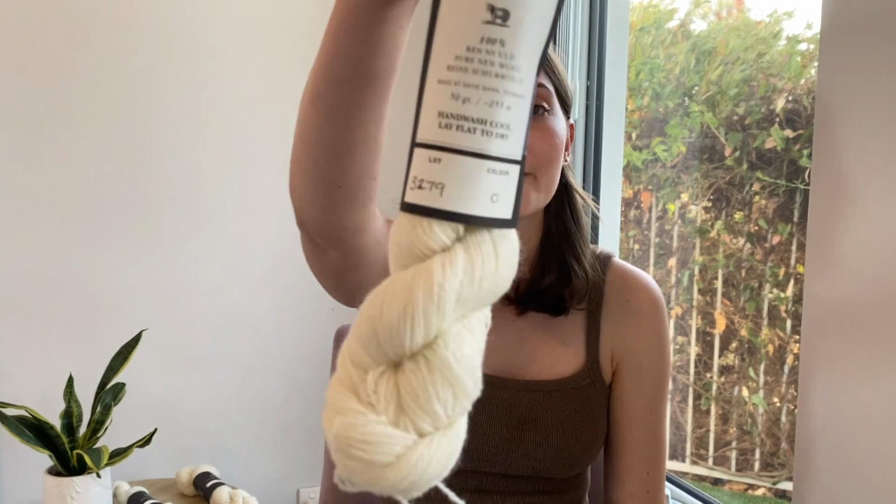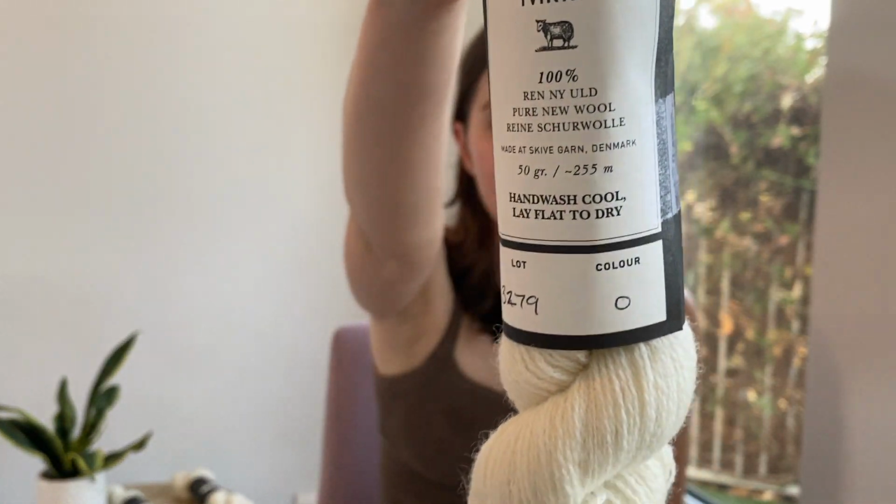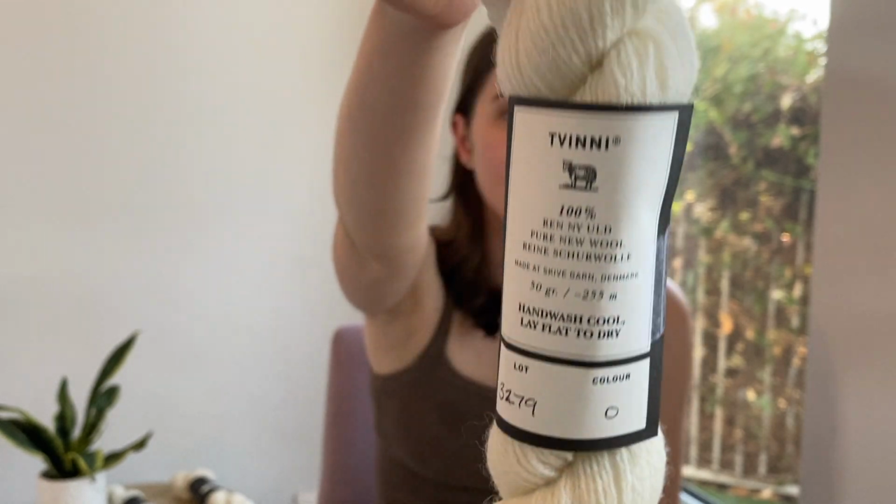However, saying that, this is a light fingering weight yarn, so yes, I'm committing to a fingering weight all over colourwork sweater, but again, I think I'll just try and enjoy the process as much as possible and just accept that this will be a long-term project. So the yarn is 255 meters per 50 grams, so I have 3 in the main colour, which is the